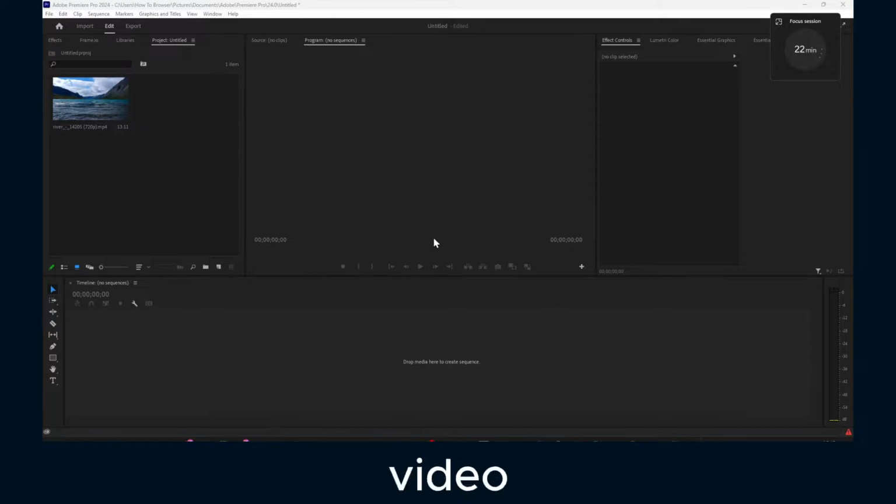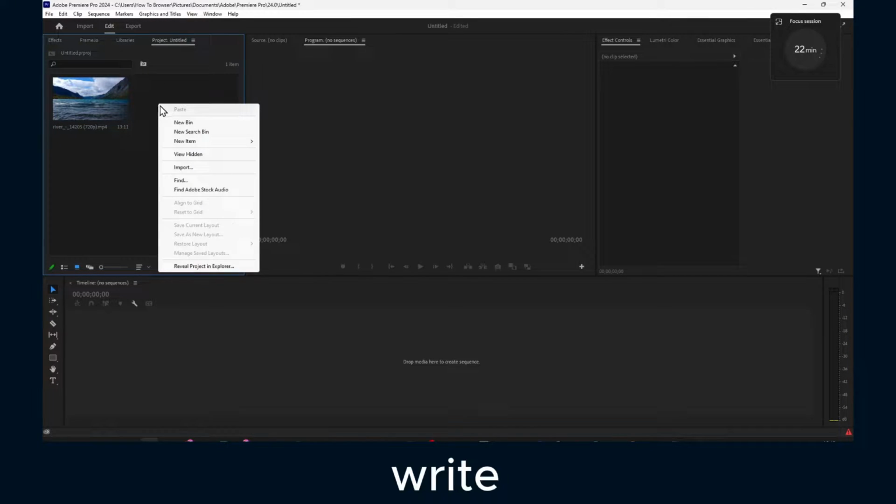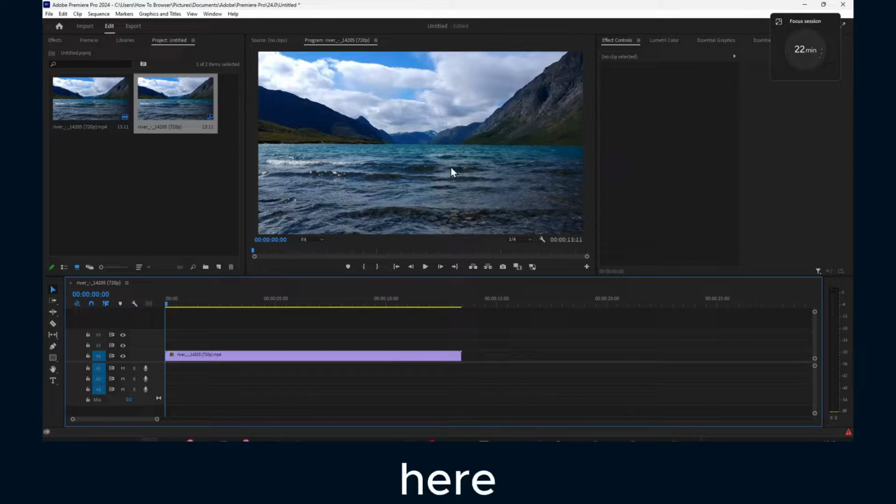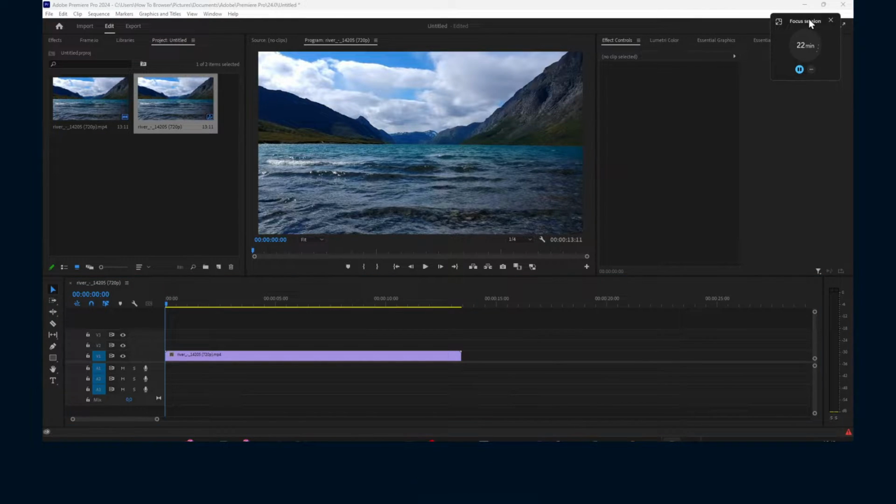Alright, so in this video I'm going to show you a dynamic zoom. So I just import the video here. You can right click on import or Control plus I, grab the video, drag it into the timeline, and here make sure we have